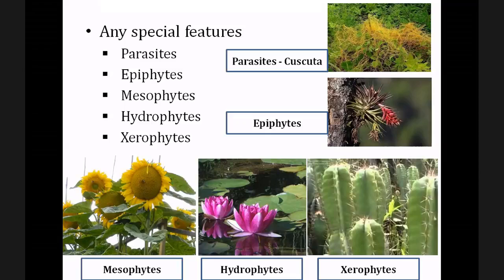Hydrophytic plants are aquatic plants. They are adapted to live in the aquatic environment, either fresh water or salt water. They may be submerged or remain under the water. The examples are lotus, hydrilla, and vallisneria.